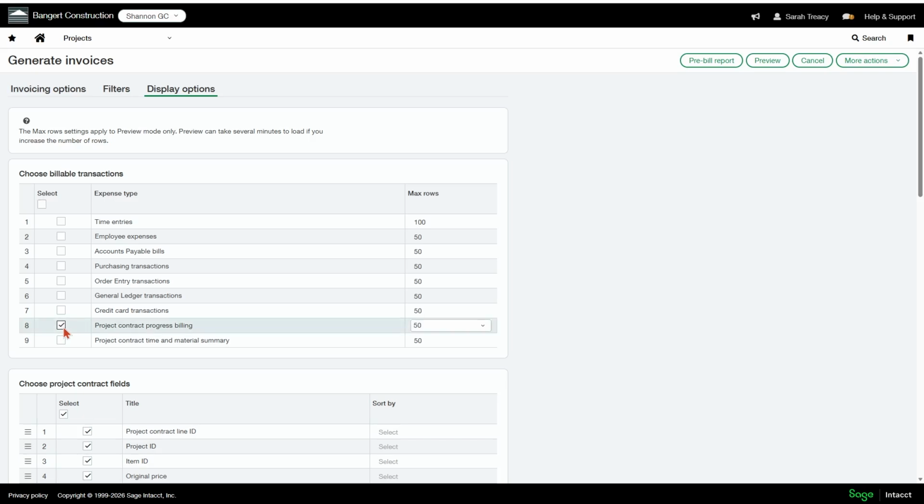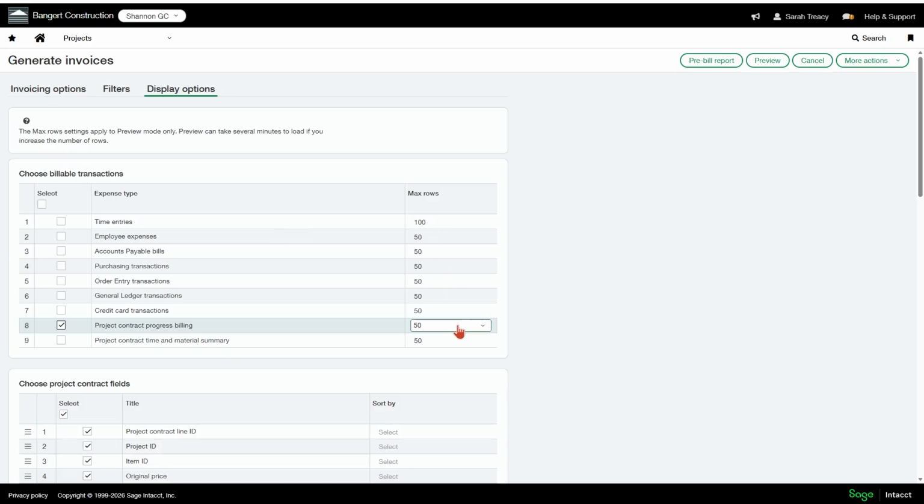Now, if you do time and material billing out of the system, then you're not going to want to turn them off, because when you come in to do your time and material bill, then you're not going to see these other areas of the system which the billable transactions are pulling into, and you will need to do that. So this is only going to be done if you only do progress billing out of the system.